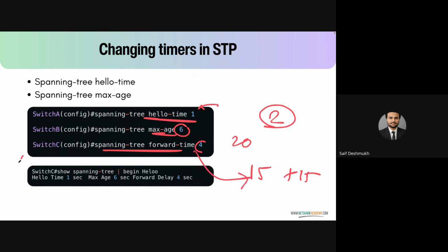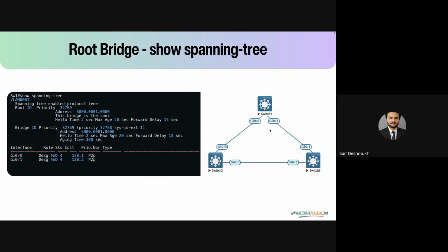I went to switch 6 here and I'm checking. I didn't configure it on switch 6. So switch C, I'm checking the show spanning-tree output and I want my output to begin with hello. So what happened here? It's showing me the hello timer and max age timer that I configured on the root. So the root in normal spanning tree is like a king. Whatever it says is the de facto standard everywhere that they are going to listen to. Here on the root bridge,